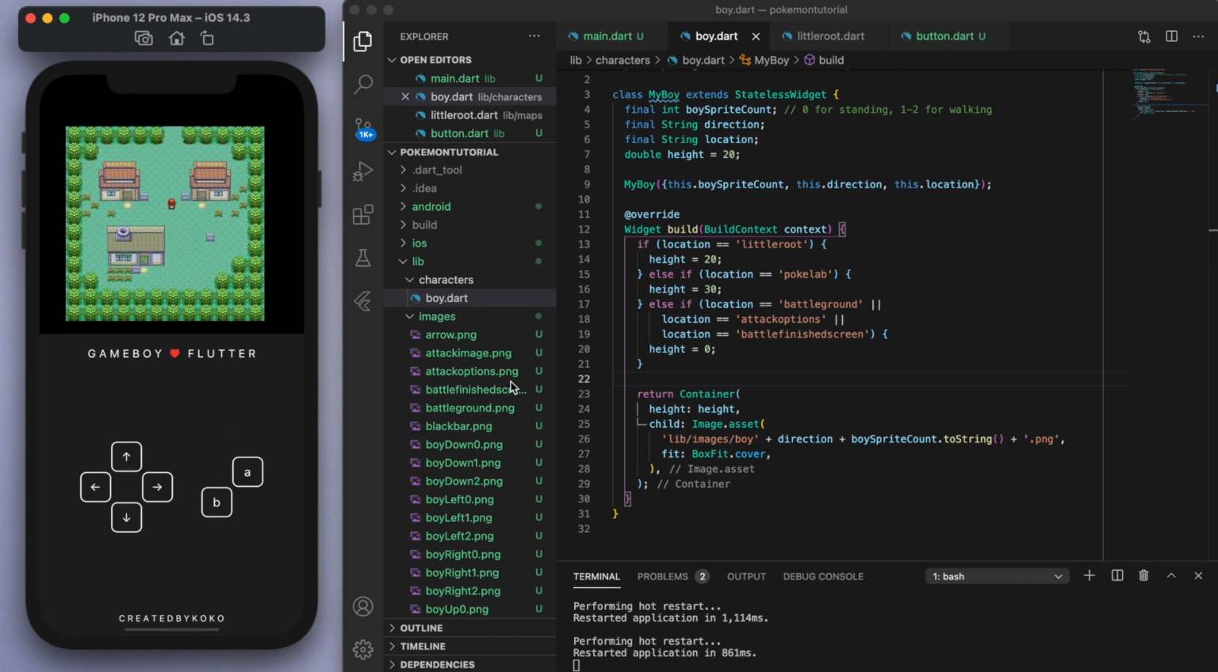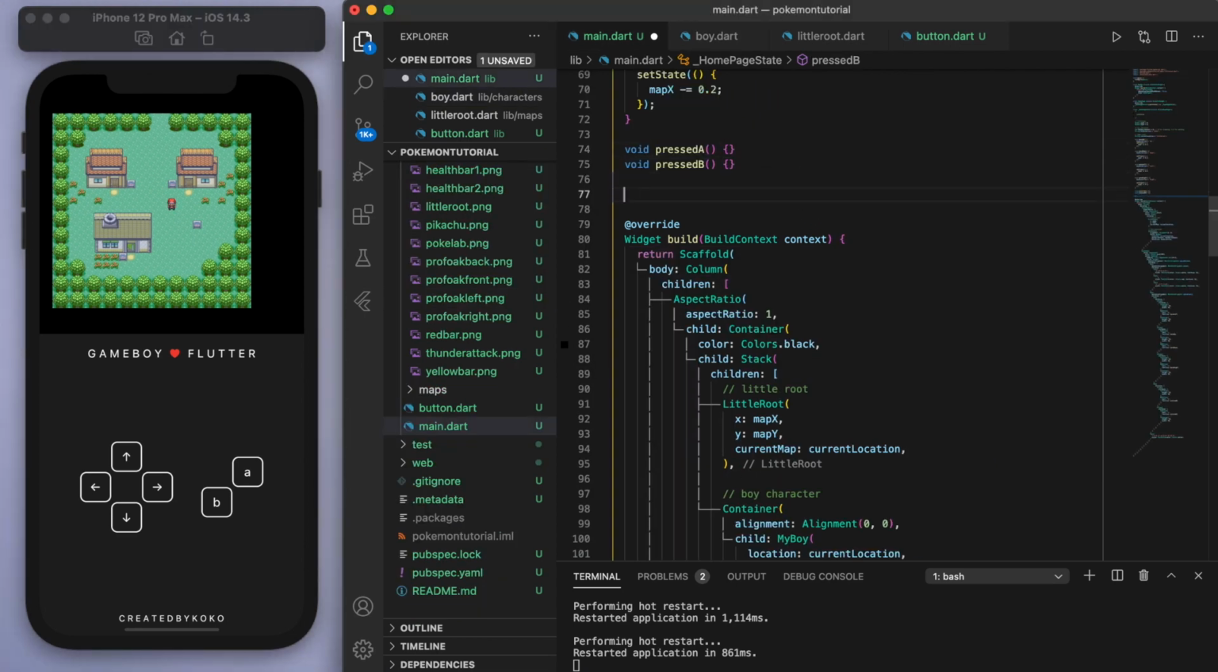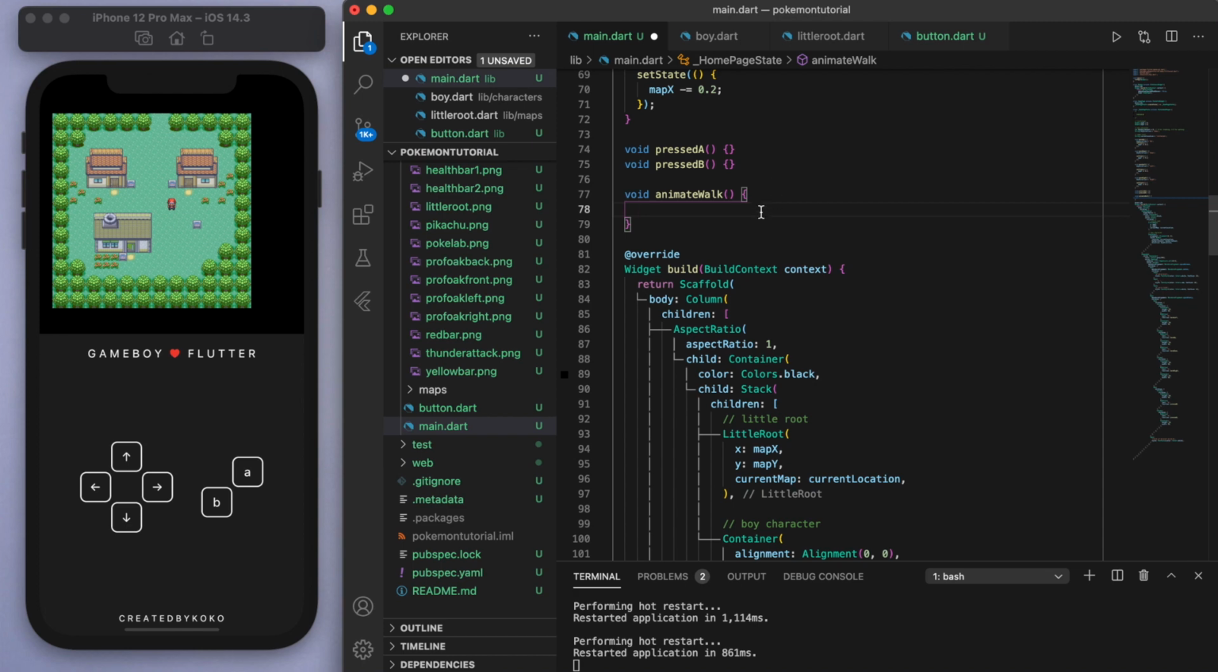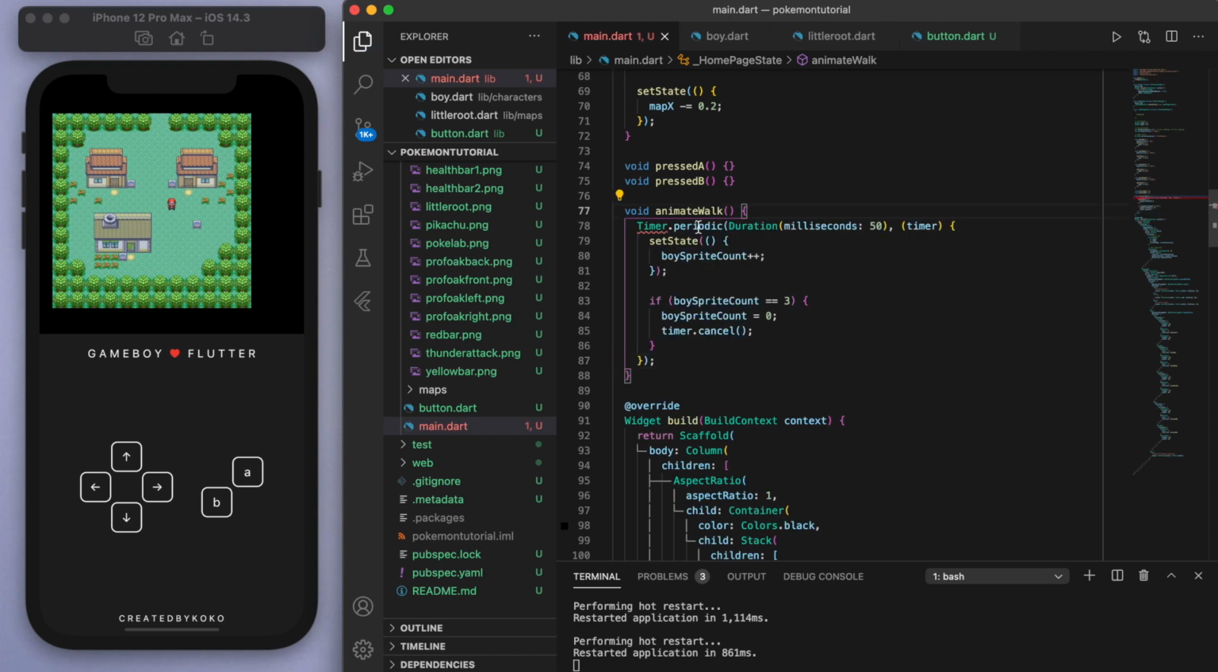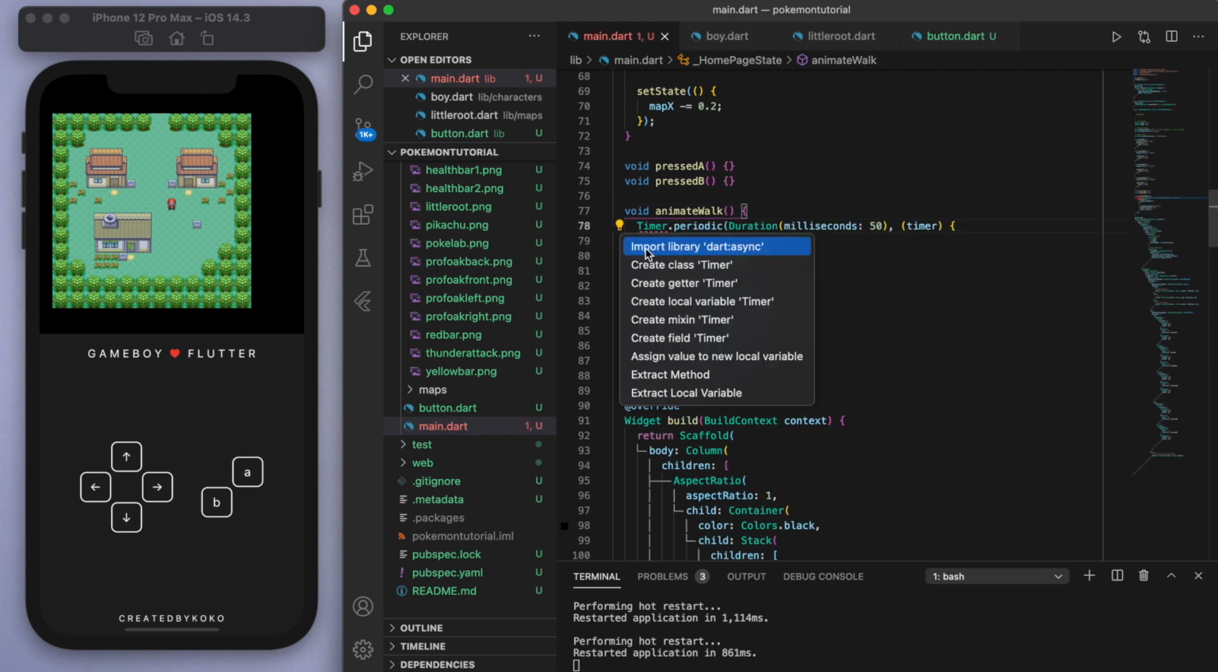So this is where the 0, 1, 2 sprites come into play. Let's come over here and create another function. I'm going to call it animate walk. And in this animate walk, we're going to bring in a timer. I use a lot of timers in my apps. Let's import